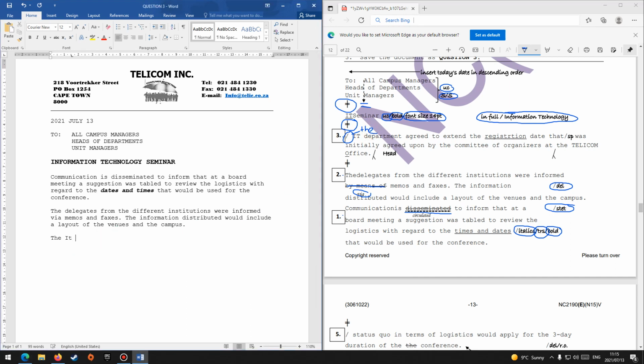The IT department agreed to extend the. So registration is squigglied, and then we have an instruction SP. SP means spelling. So registration is typed wrong. You have to type it right. Extend the registration date